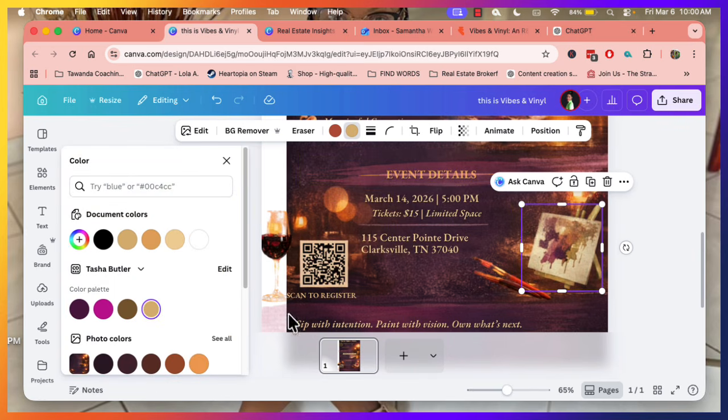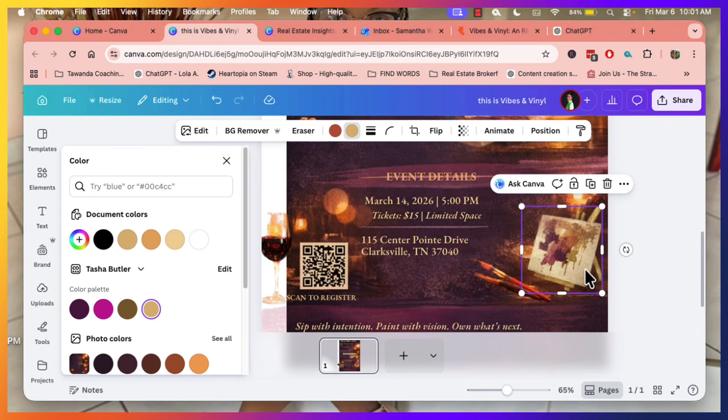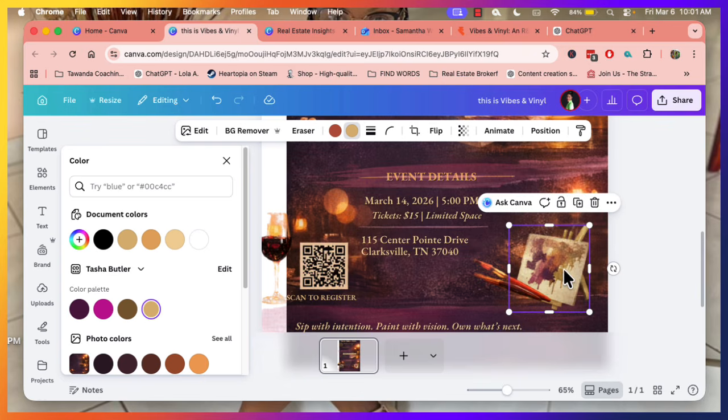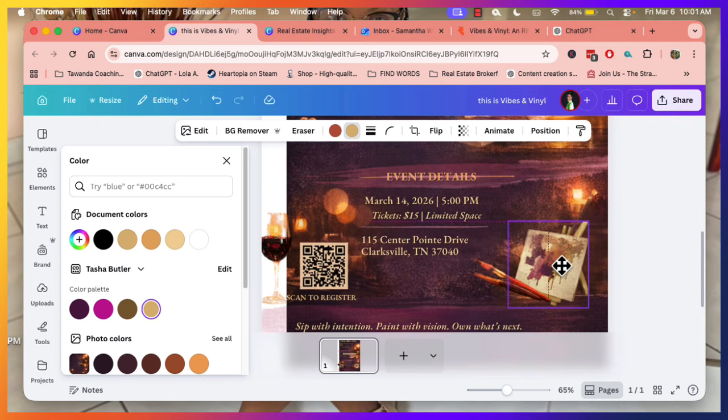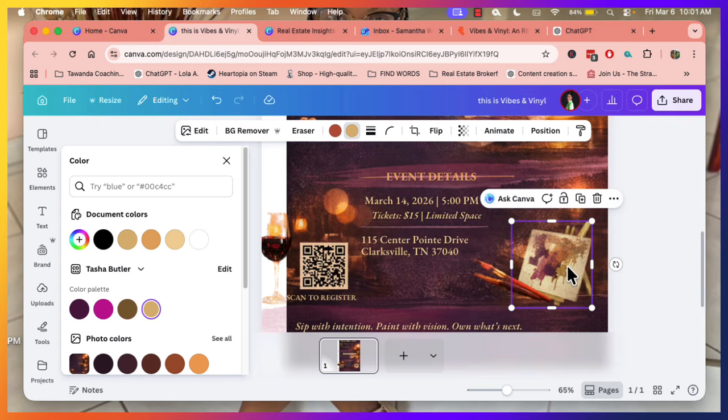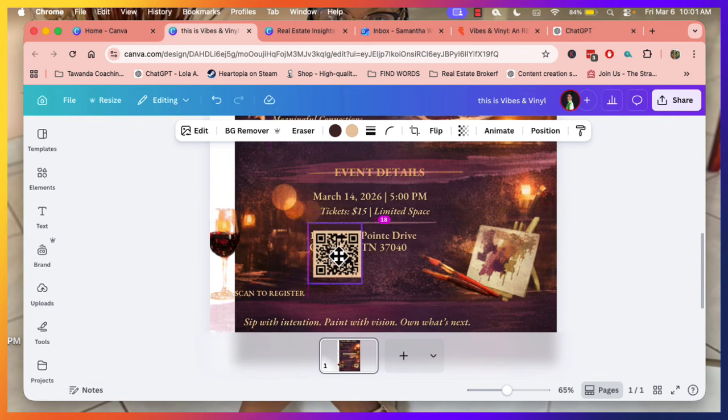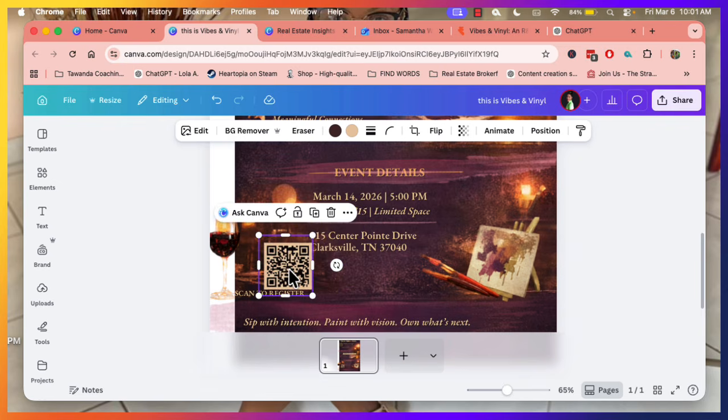And of course, this is not going to be a deep edit where you can change each basic color on the canvas that I have selected. But it just allows you a little wiggle room to customize the images that you're working with when you generate them using AI. I am going to remove this,